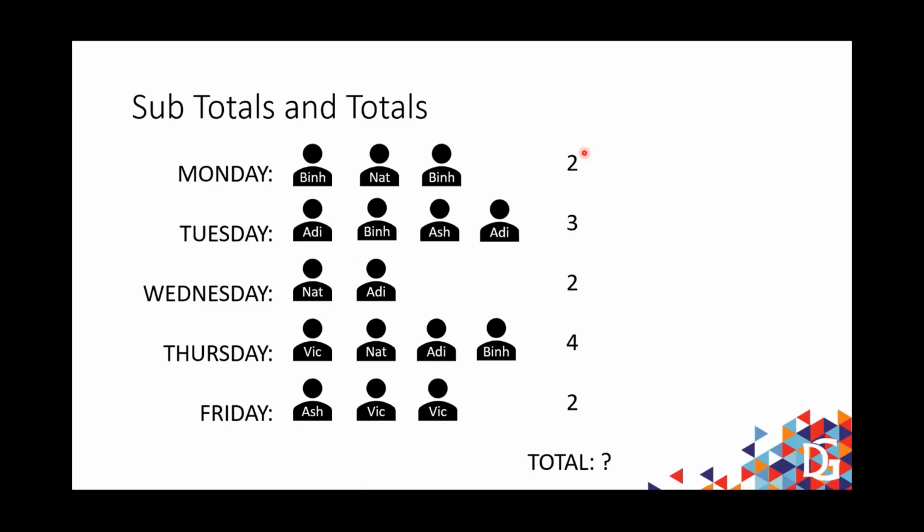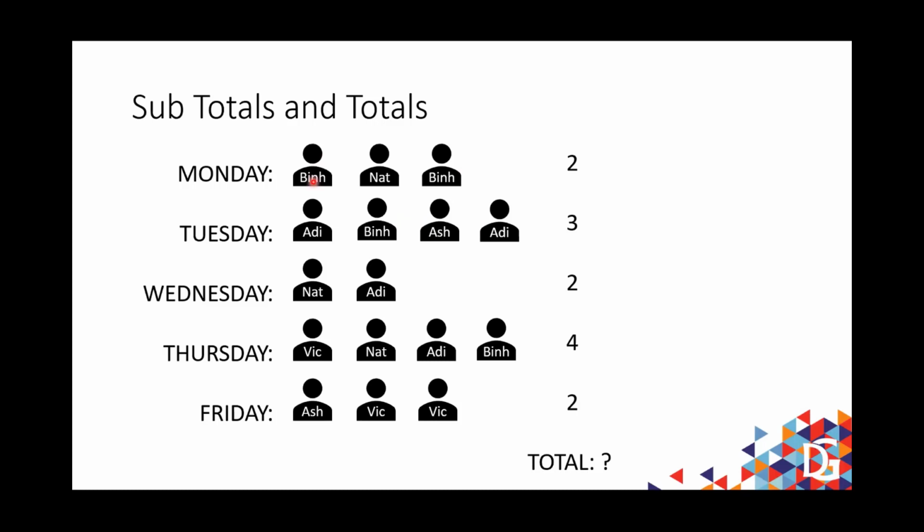Then it has to start again and do a scan of all the values that match Tuesday. Then it has to start again and do a scan of all the values that match Wednesday. Fortunately, it's not too many cards. But when it comes to the subtotal or the total, it can't shortcut, can't take advantage of the scanning that we've previously already completed. We have to go back and start again and scan through all of these cards and